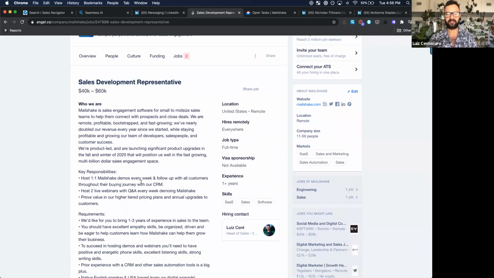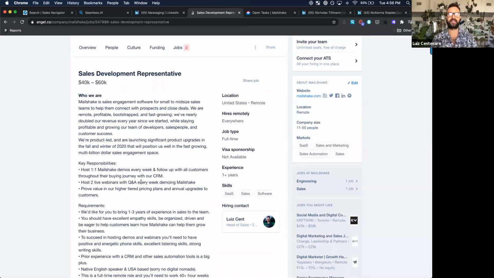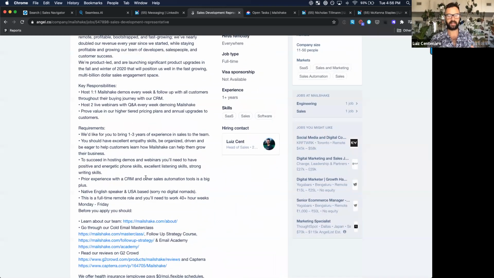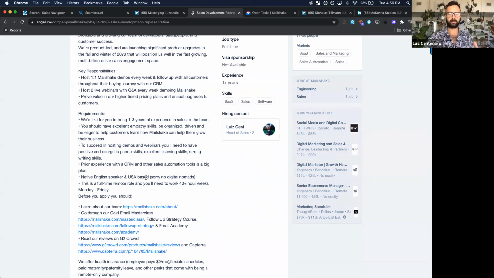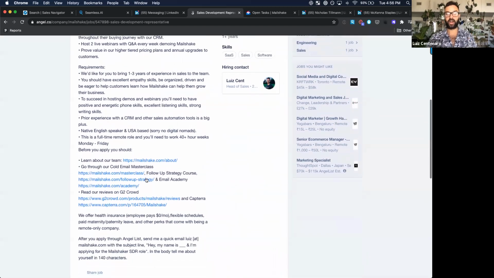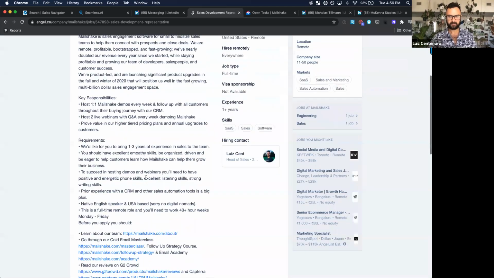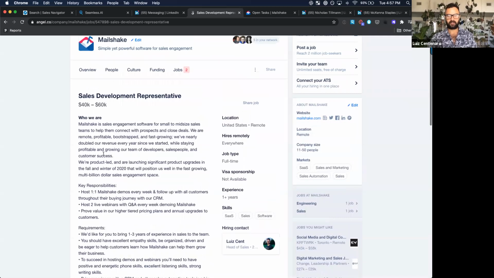We're looking for SDRs that have 1 to 3 years of experience. They're personable, coachable, but have also worked remotely before. Granted, this quarantine has given that skill to everybody without a choice. Ideally, we're looking for over a year of remote work experience, and any prior CRM experience is fantastic, and knowledge of our space, sales engagement, and utilizing these sales automation tools is a big plus. So this is our job description.